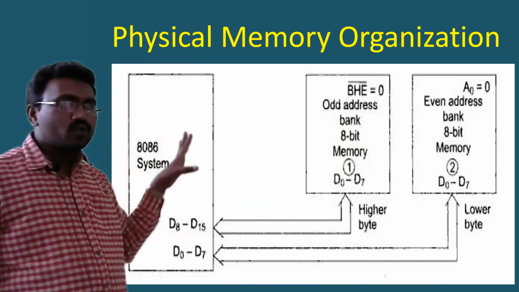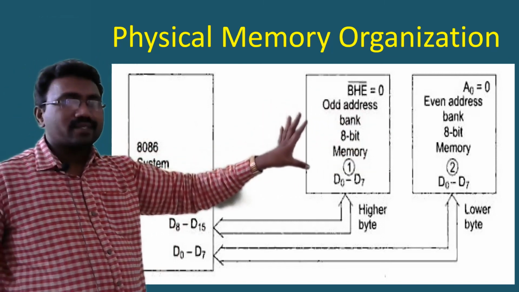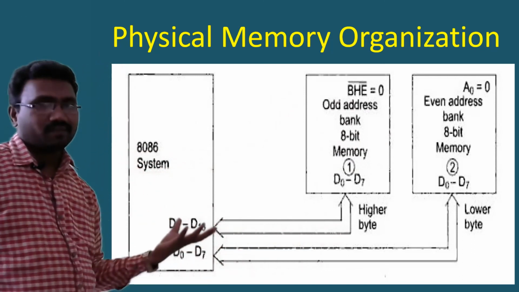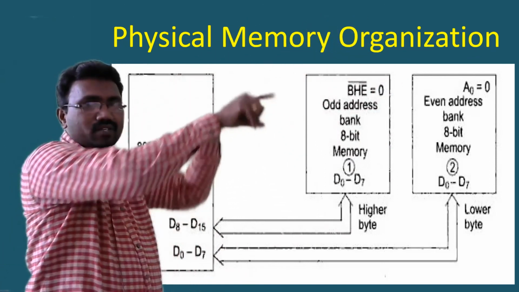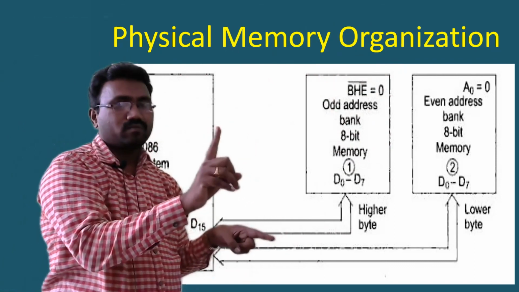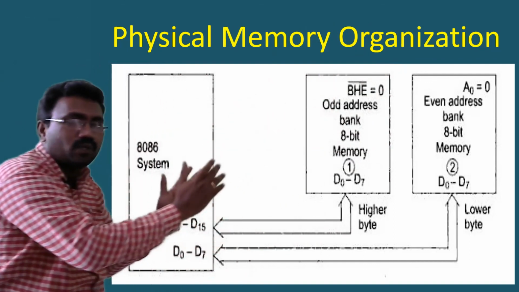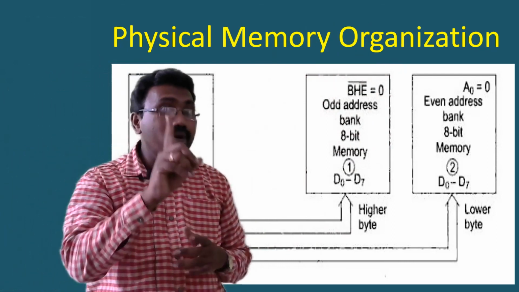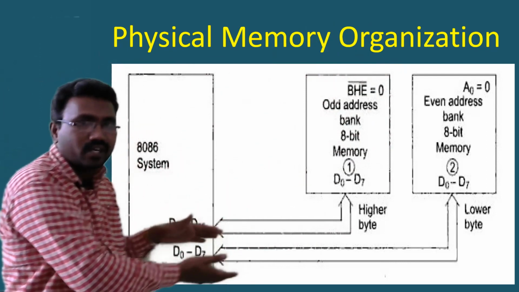If the processor wants to access 16-bit data, both the even bank and the odd bank are selected, and through the 16 data lines the 16-bit data can be transmitted simultaneously. If there is no memory banking and it is only a single memory chip, is it possible to access 16-bit data in a single cycle? Not possible. If you divide the 1 MB into 2 banks, then it is possible to access 16-bit data simultaneously. From a single chip, only 8-bit data can be accessed at a time. That's why the 8086's 1 MB is divided into 2 banks. Why? Because there are 16 data lines.